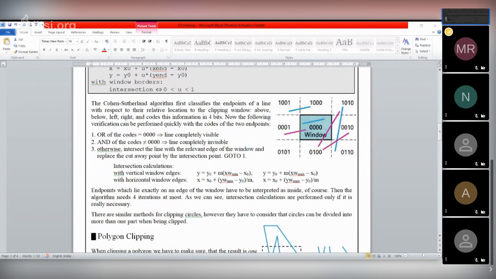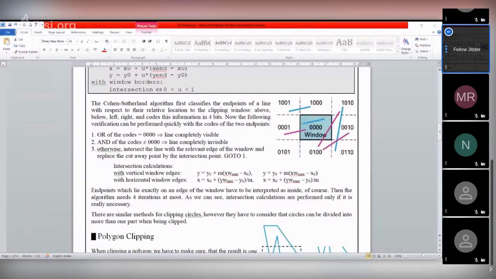That means this line is not completely visible. If we apply the AND operation, we get all 0, so the line is not completely outside either. Both criteria do not match. That means the line intersects the window boundary. Then we have to find the intersection point, the point where the line meets the boundary of the window.